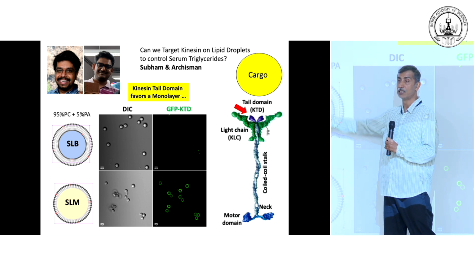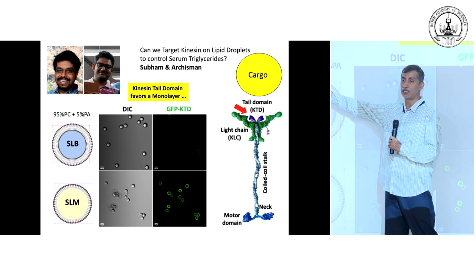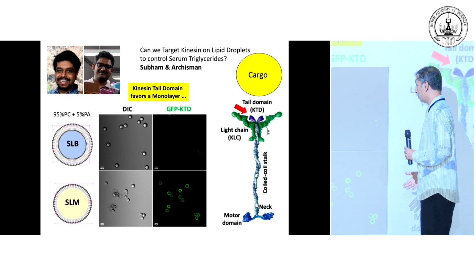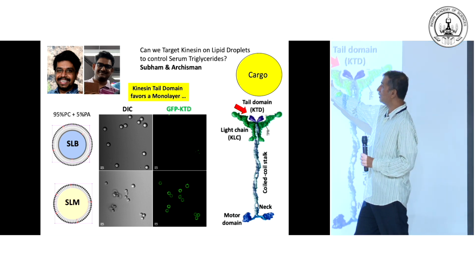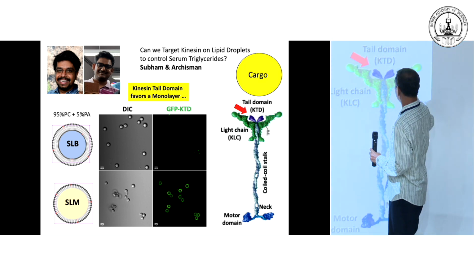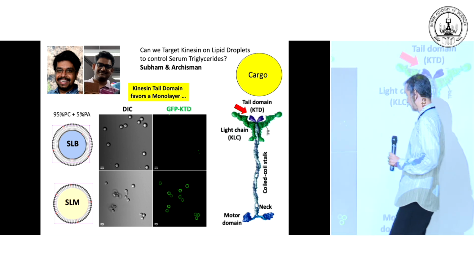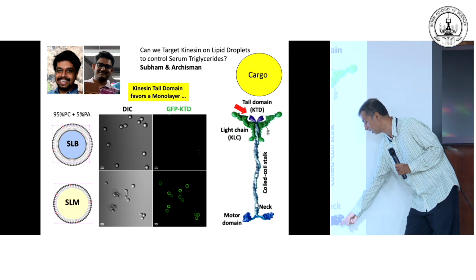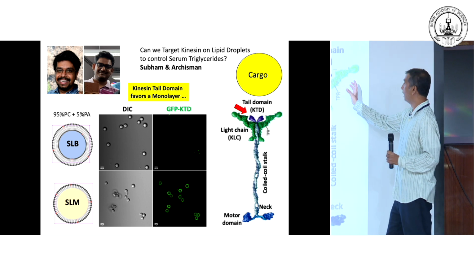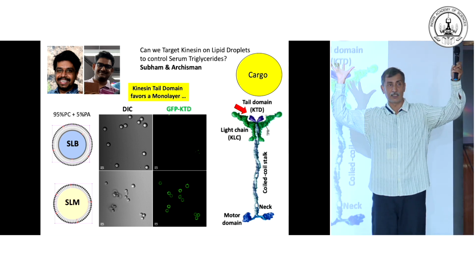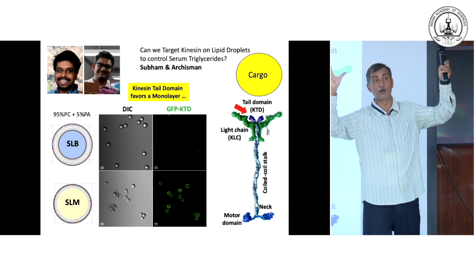So this represents a lipid droplet, and this represents other kinds of organelles. And now, when I add, so here is the kinesin motor. You can compare it to a human being walking like this. Here is the kinesin motor. These are the places where you hydrolyze ATP. And this part, just like it is to carry a cargo, must bind to a lipid droplet or to whatever